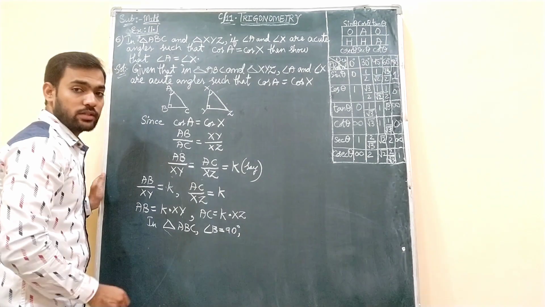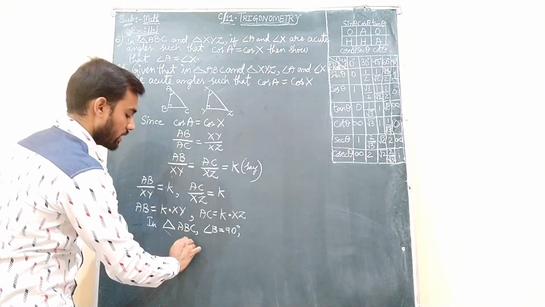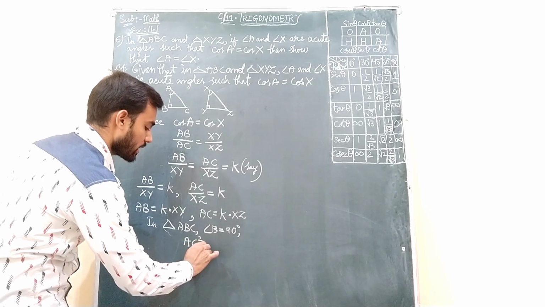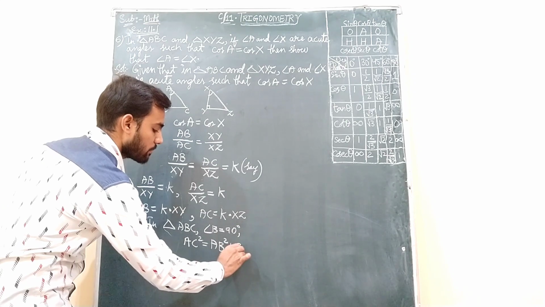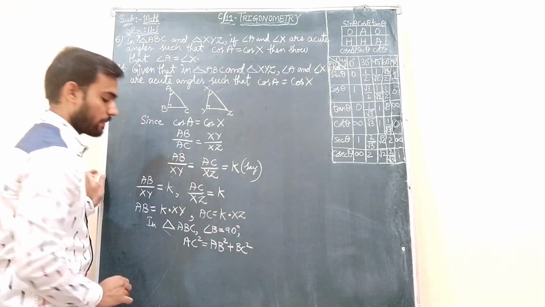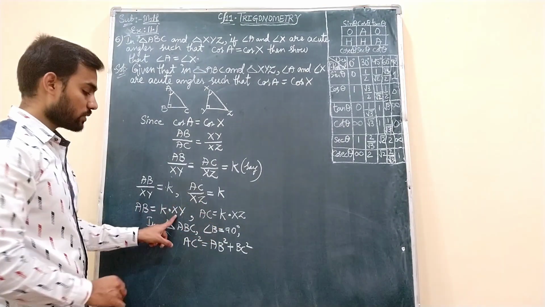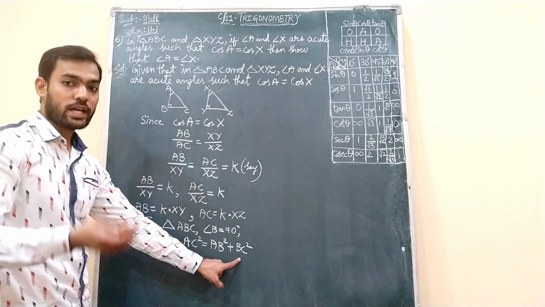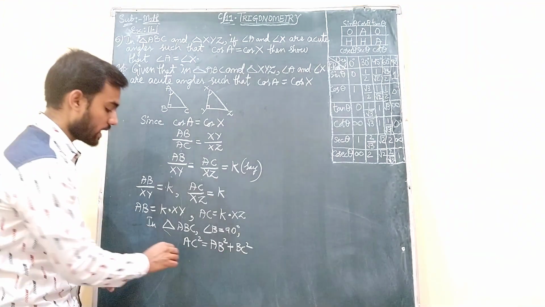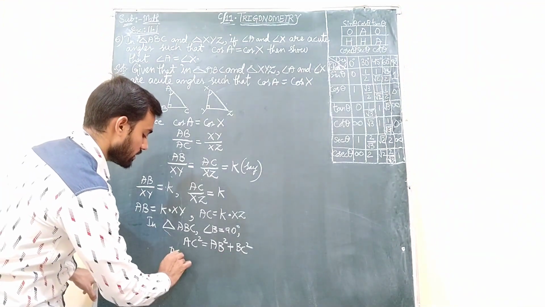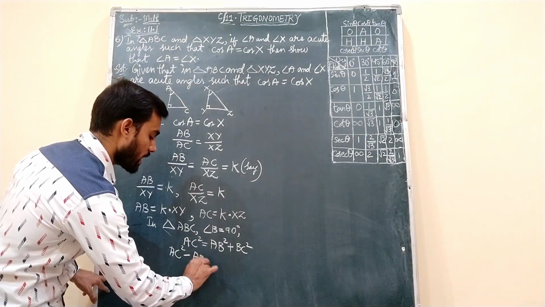Okay students. So using Pythagoras theorem I can say that hypotenuse square, AC square is equal to AB square plus BC square. Okay students. AC I have, AB also I have, BC I don't have, right? So we are going to get the BC value. So I will transpose this AB from RHS to LHS. I will get it as AC square, and if I transpose AB this side, I will get minus AB square.